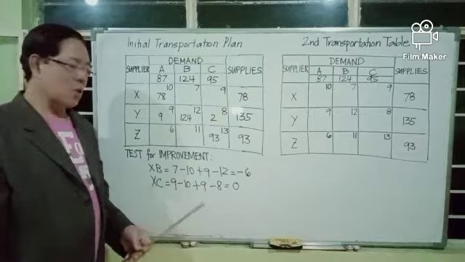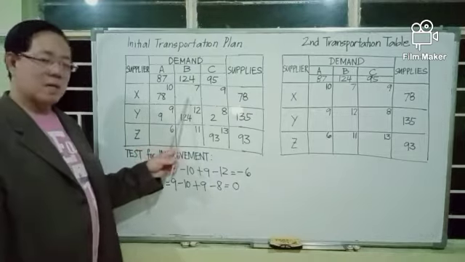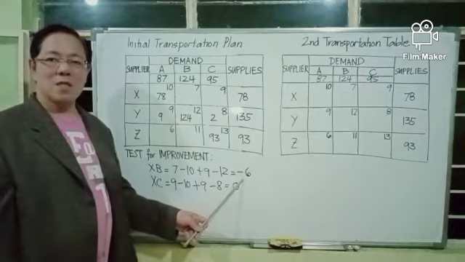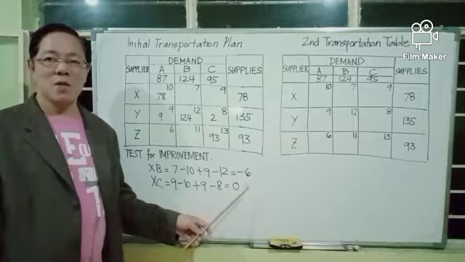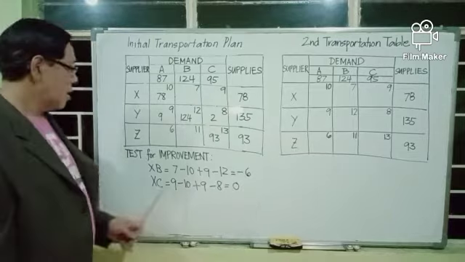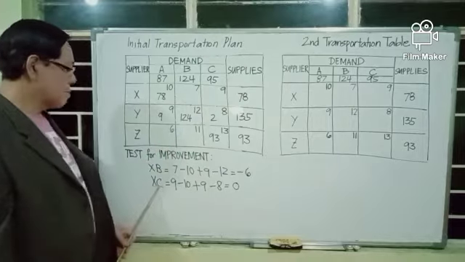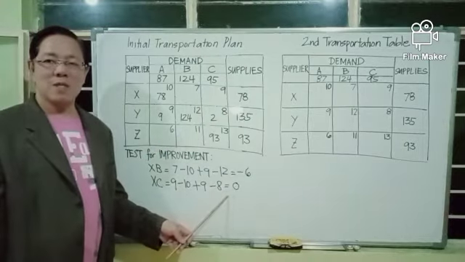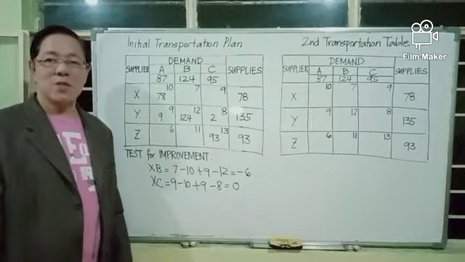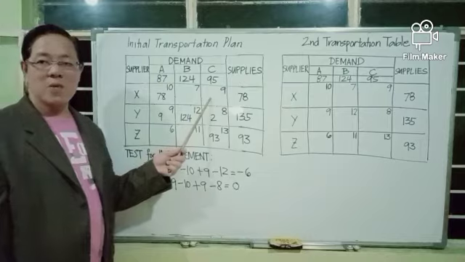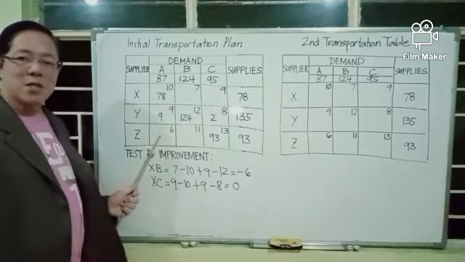We have considered so far two vacant cells. This vacant cell, XB, with net cell cost of negative 6, which means a decrease in transportation cost per unit of 6 pesos. And this vacant cell, XC, with net cell cost of 0, which means that there is no change in the total transportation cost whether or not you transfer some units in this vacant cell. Now we consider the third vacant cell,